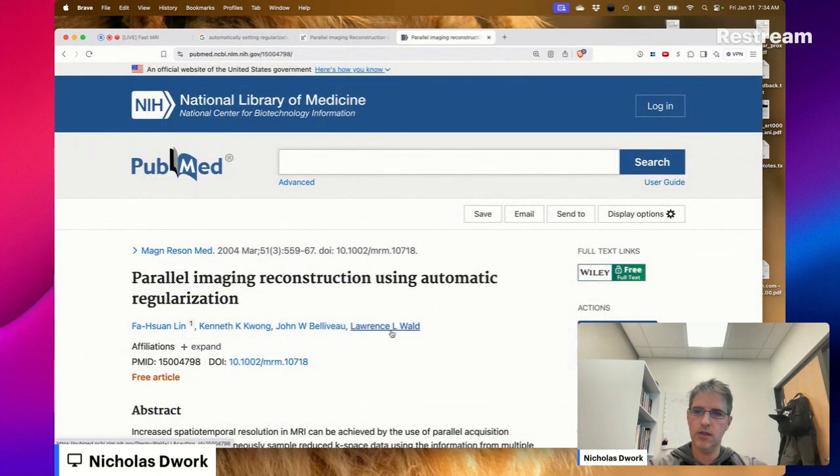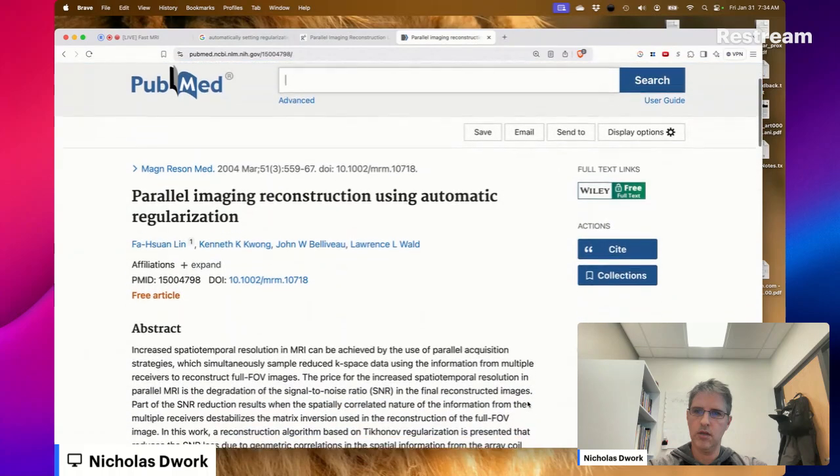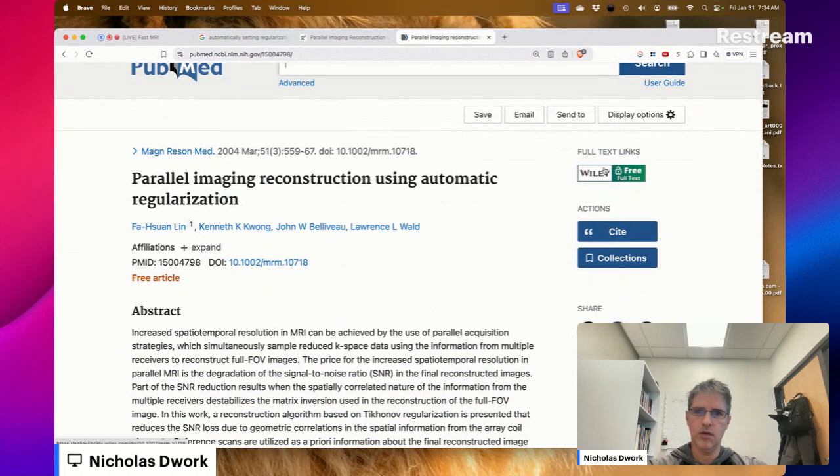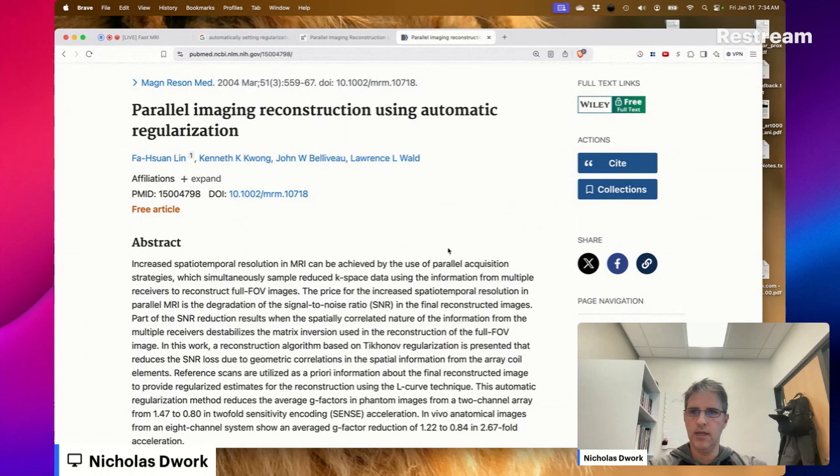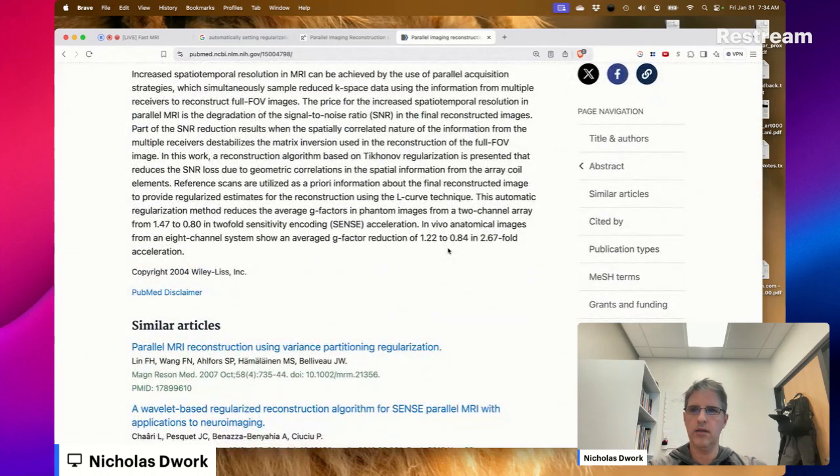Lawrence Wald. Oh, this is based on Tikhonov regularization, which is not compressed sensing. So, shoot.